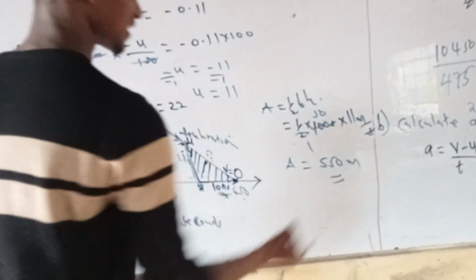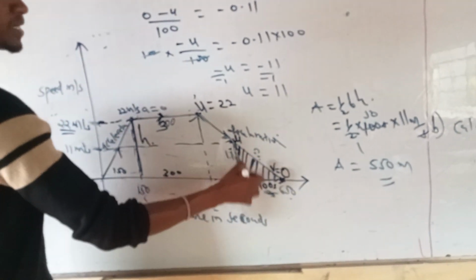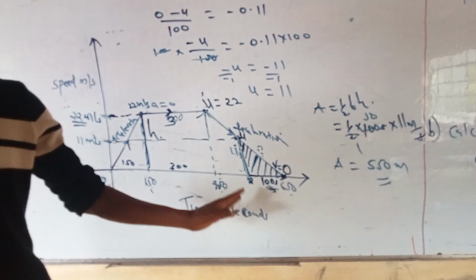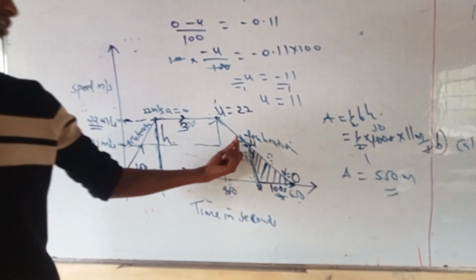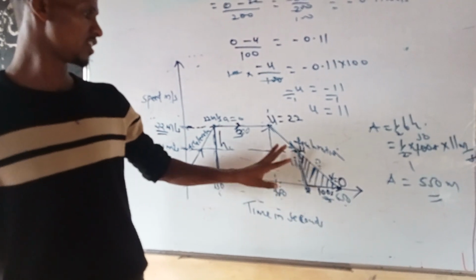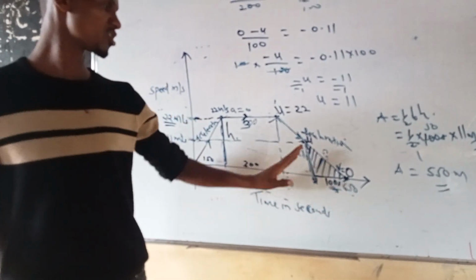So this is the distance covered within the last 100 seconds. It is 550 meters. So that is how you do it. You can get the acceleration, because it is not correct unless you use similarity to assume that this is 11. So the surest way is that you calculate the gradient of this line, and because you know that it is